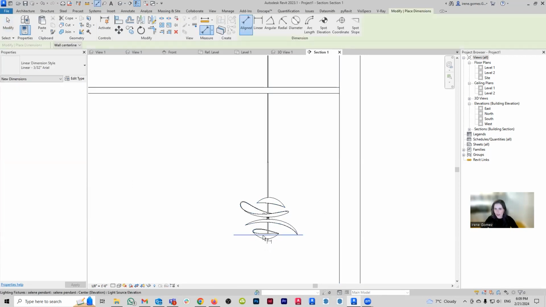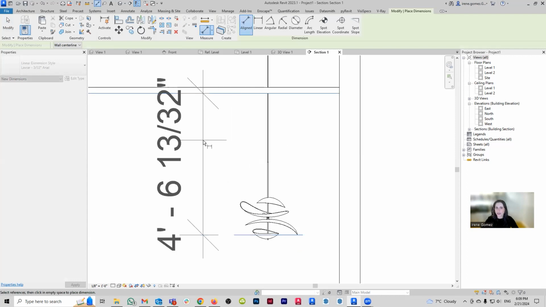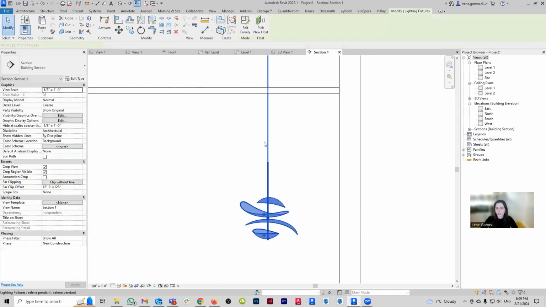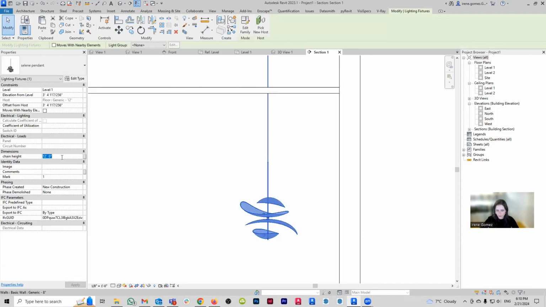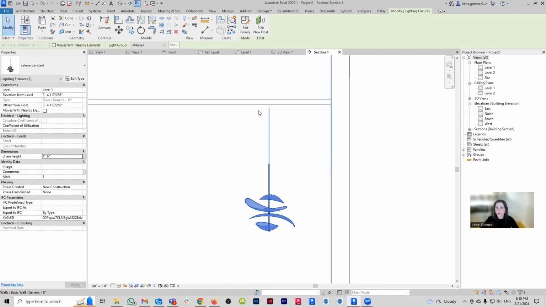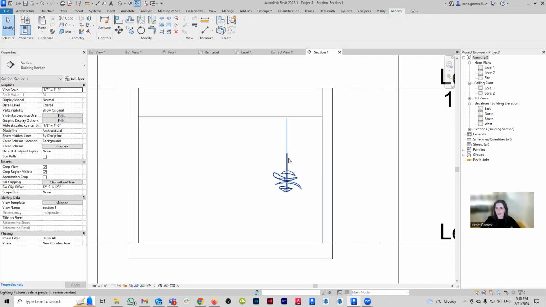So I could go DI and find my reference plane to here. My height is supposed to be what, like 4 feet 6? Sure, let's say 4 feet 6. Oh, just a little bit short. What about 4 feet 7? My math ain't mathing. Ooh, 4 feet 8. There you go. See? Nice.